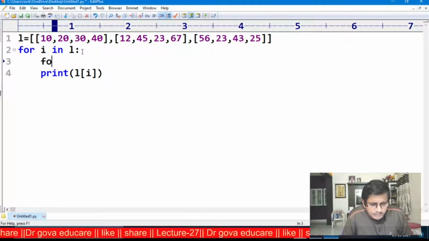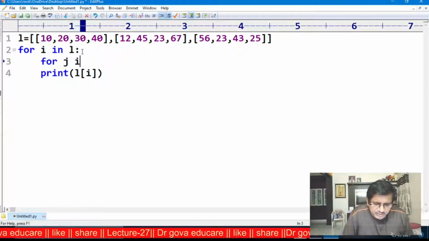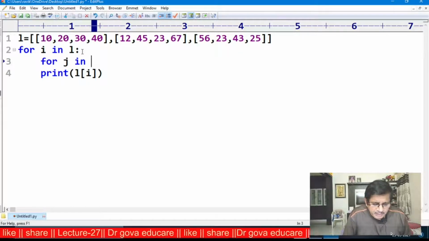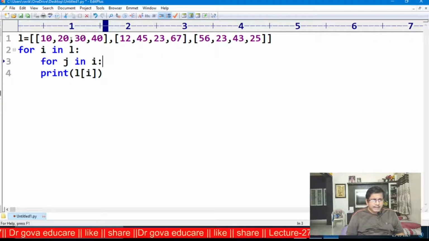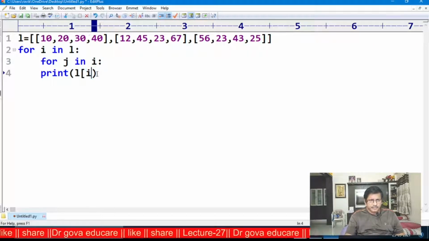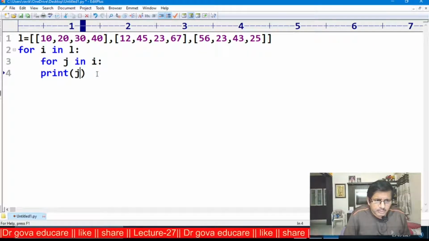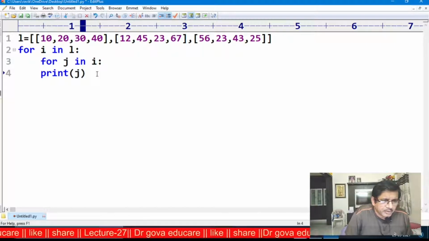Now again I am using the for loop, for j in I. First in the outer for loop, I takes this value. Next for j in I, I is the list. In the list j takes 10, j takes 20, j takes 30, j takes 40. Now the entire column elements will be displayed on the screen.